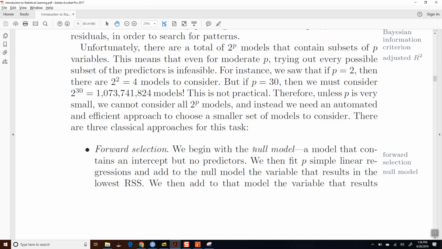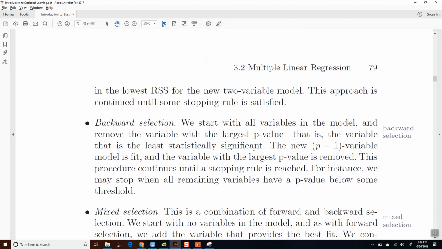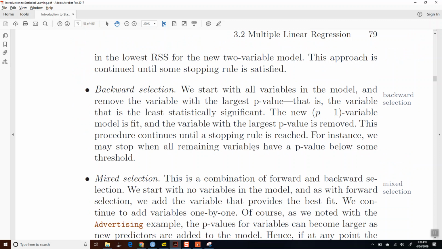And so probably in your 101A class, you talked about a few different strategies for selecting the variables to use, okay? And so one is forward selection, where you start off with the empty model where you have no predictors and you add variables one at a time, picking the one that's going to result in the lowest RSS, and then you keep adding until some kind of stopping criterion. And then the other is backward selection, where you start off with all the variables and then you delete your least significant variables